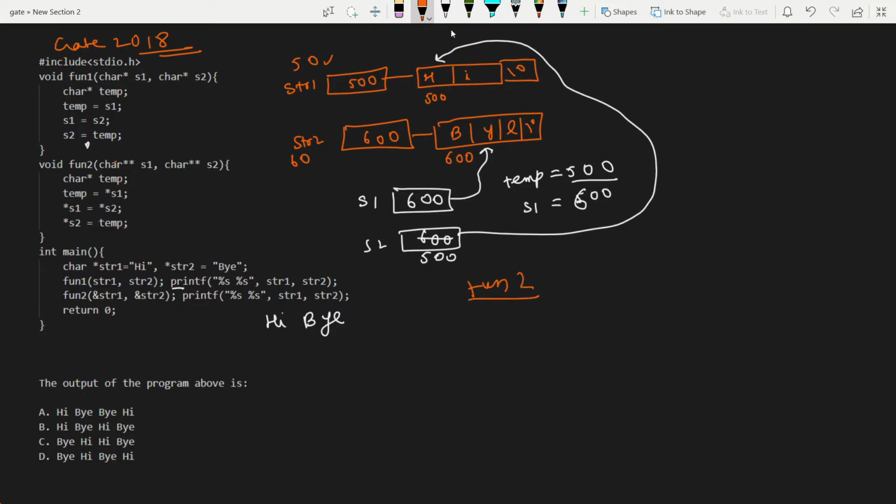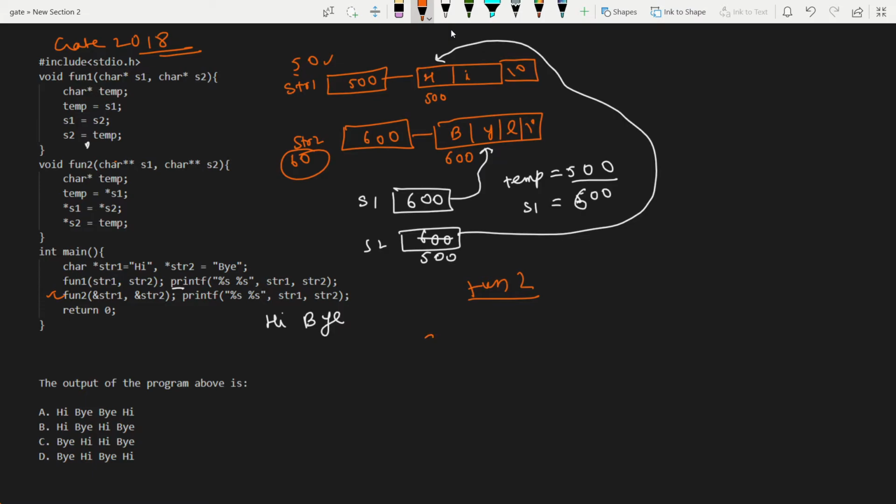Okay. Now here we see that we are passing the address of str1 and str2 in the function parameters. Earlier I gave the address of str1 and str2 as well. Let's suppose I gave str1 the address 50, and I assume str2 is at location 60. So what we will be passing are these values 50 and 60, and here we see that s1 and s2 are pointer to pointer of character type.